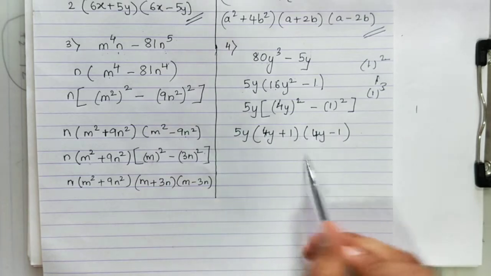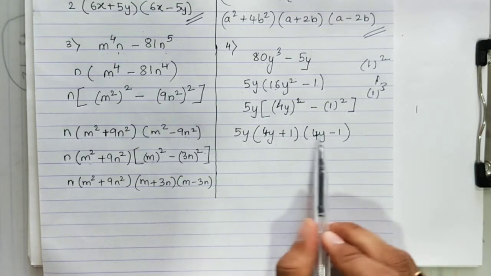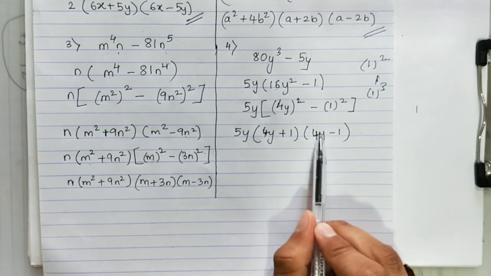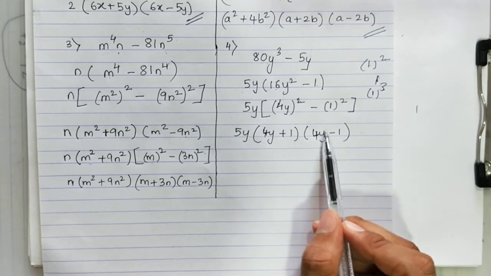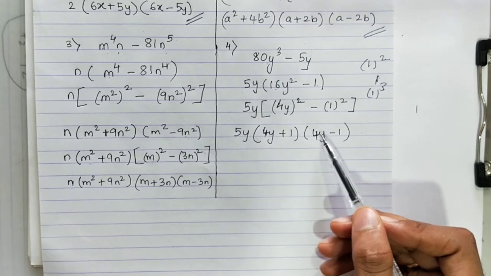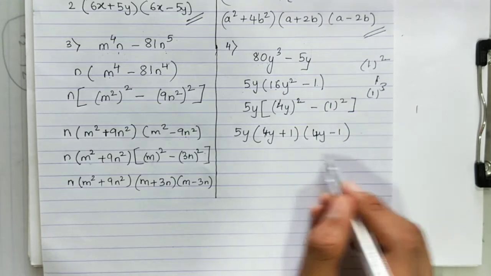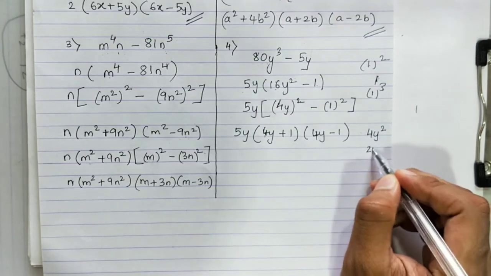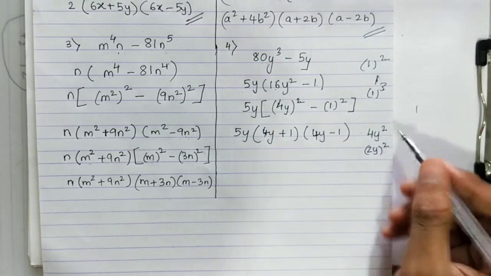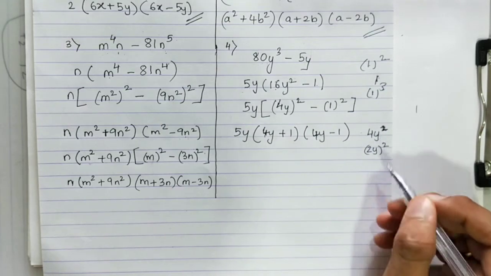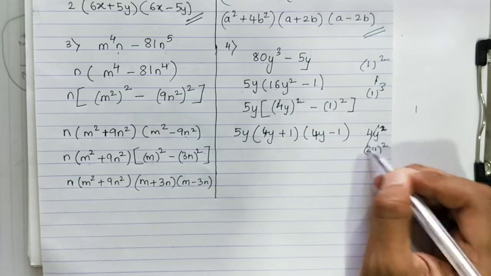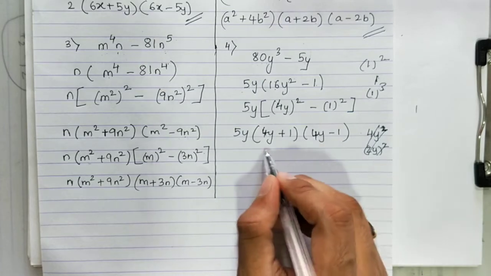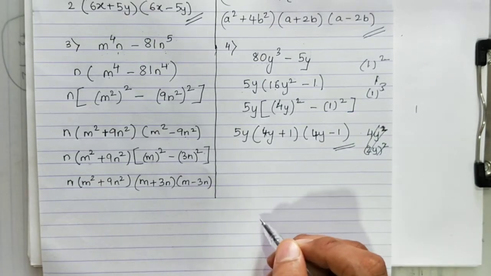Now let's check whether we can further solve this. So the plus will not happen, check this minus. This 4 is a square of 2 and y, see, with y there is no square. So this y cannot be written as a square, so I cannot solve this further. If it was given as 4y square, then I could have written it as 2y the whole square. But here the square is not given, so I cannot write the y inside the bracket. There has to be a square here. It is not there, so I will stop here. This is my answer.